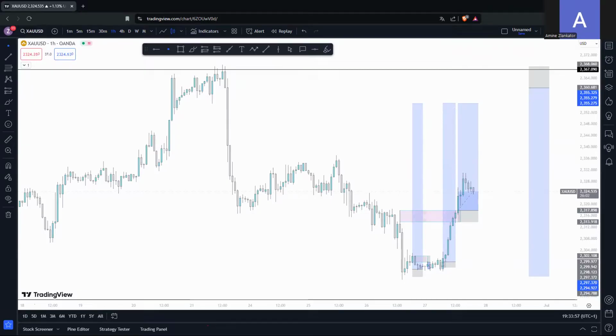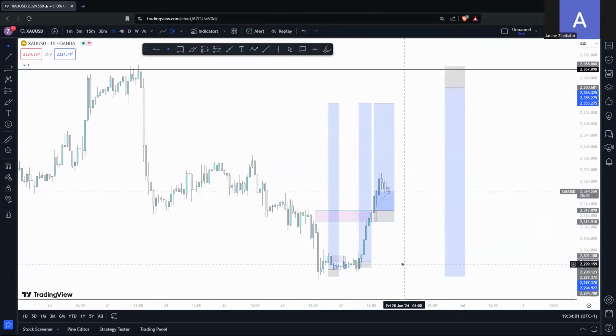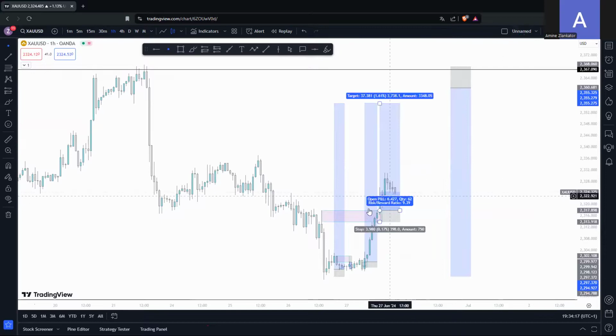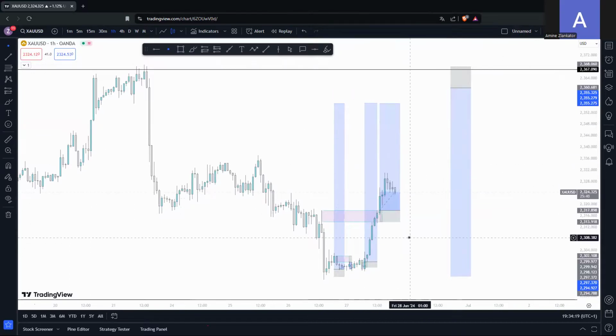So for the exits, if you're flipping a small account, exit on numbers. If you flip, let's say $100, and you see it goes to 500 or 600, close it, okay? You don't need to wait for it to go to the next EG setup. But if you're trading a prop firm or a normal capital and you're risking 1%, 10%, whatever, hold it to the next setup, right? Hold it to the next setup. So yeah,